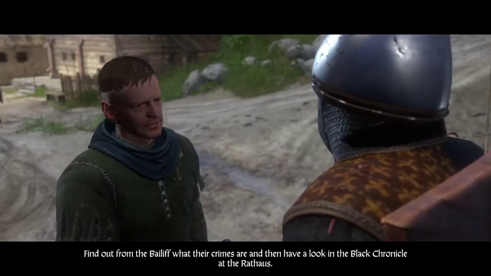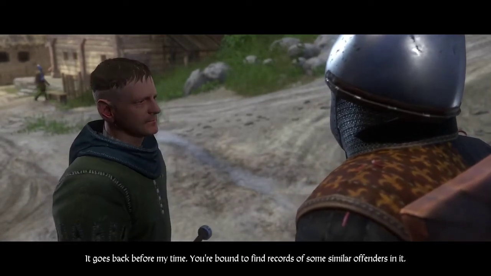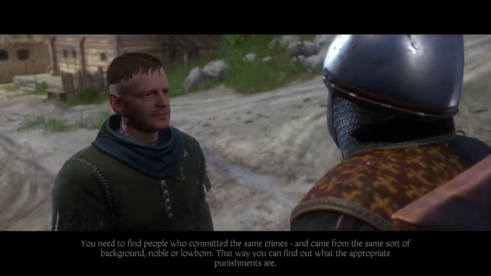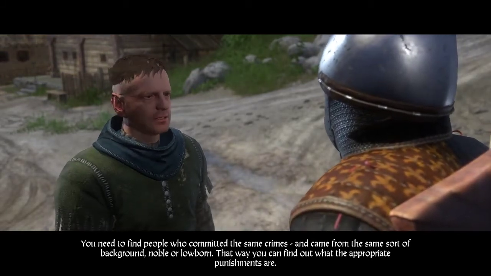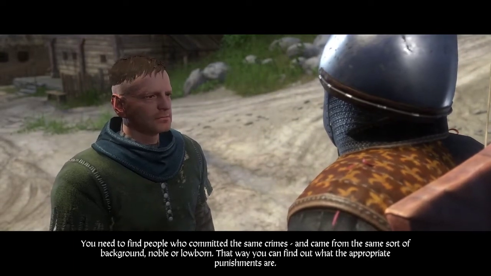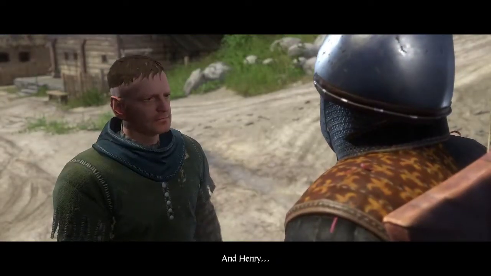Find out from the bailiff what their crimes are, and then have a look in the Black Chronicle at the Rat House. It goes back before my time. You're bound to find records of some similar offenders. You just need to find people who committed the same crimes and came from the same sort of background, noble or lowborn. That way you can find out what the appropriate punishments are. Then come back to me and we'll work out what to do. I'll get moving. And Henry,